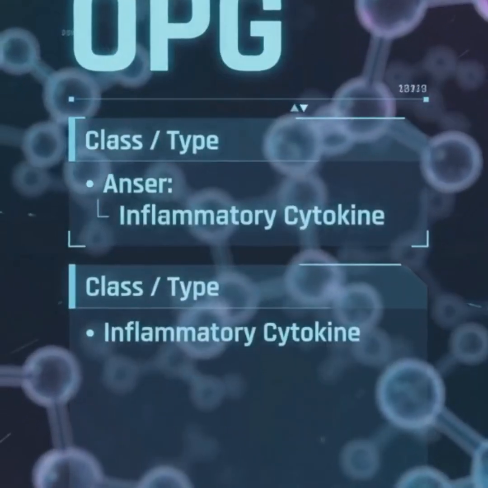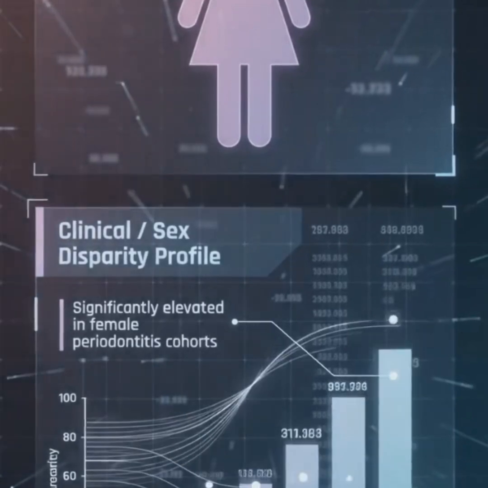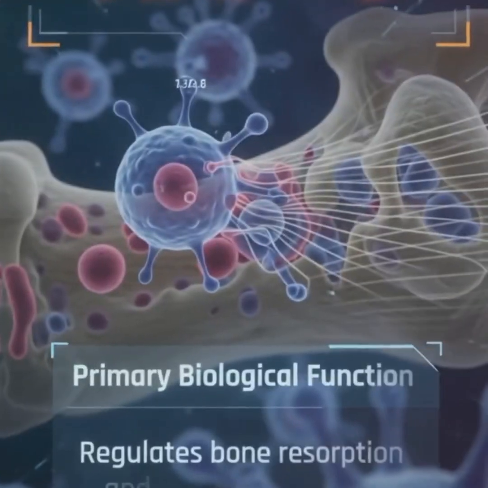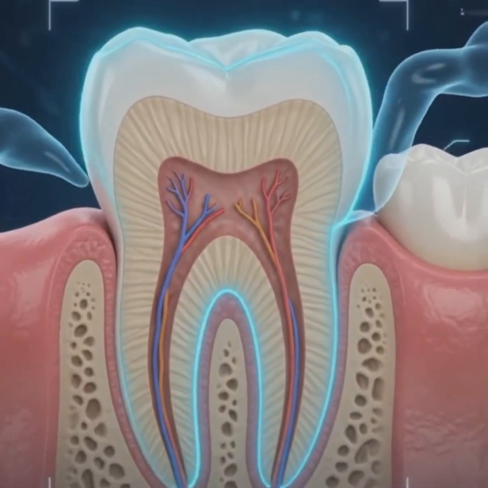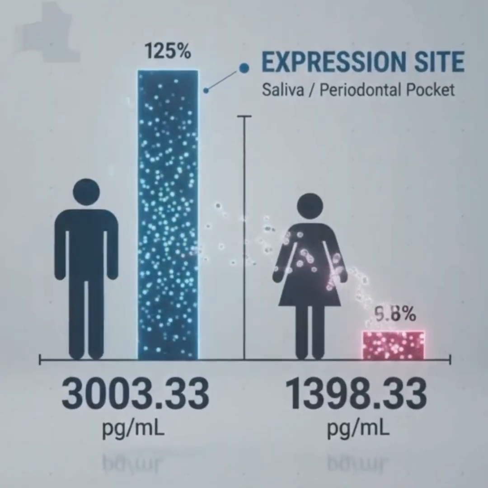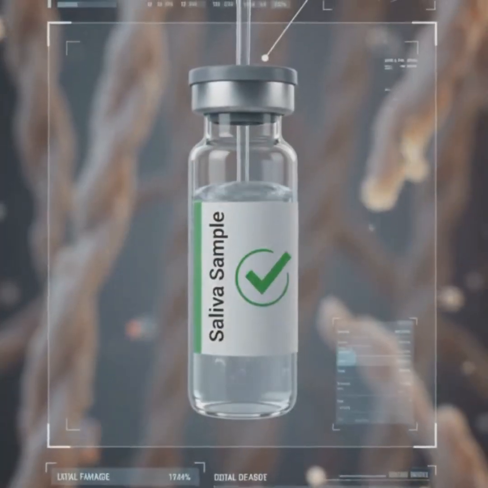Let's analyze the biomarker OPG, an inflammatory cytokine found in saliva. It is highly elevated in female cohorts, regulating bone resorption alongside MMP8. Matrix metalloproteinase levels are tracked in saliva. These enzymes are significantly elevated in male periodontal pockets. They catalyze the breakdown of collagen,